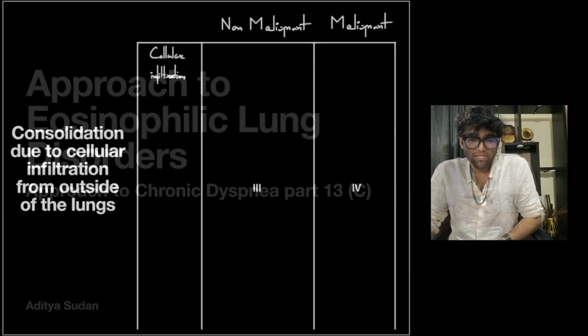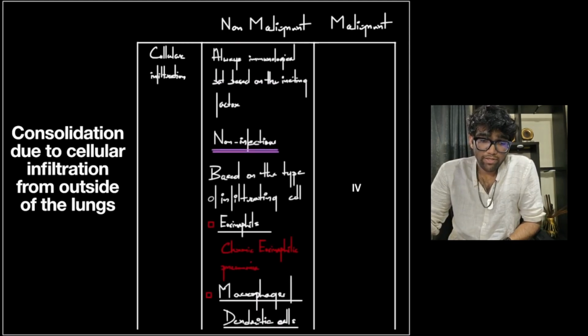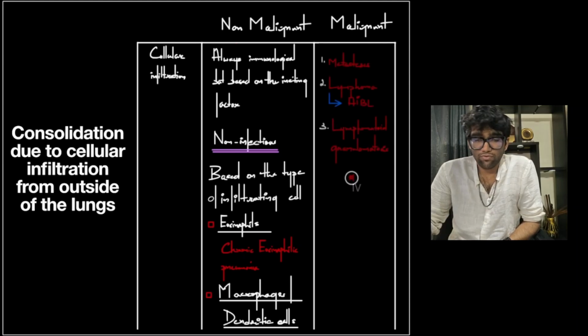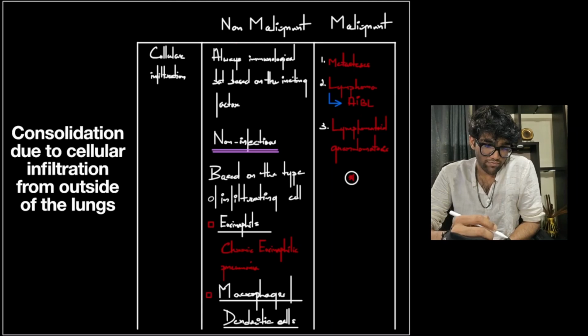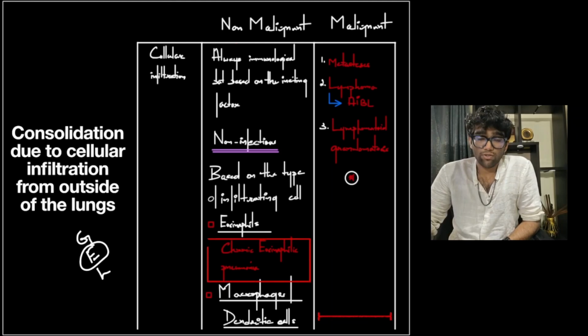So we discuss non-malignant and malignant cellular infiltrates resulting in focal and multifocal consolidations. Non-malignant infiltrate, like we had discussed previously, could be non-infectious or infectious, and malignant is just malignant. And among the non-infectious agents, we had discussed granulomatous inflammation or infiltration, eosinophilic infiltration, and lymphocytic infiltration. So today we are going to specifically be talking about the eosinophilic part of it, the chronic eosinophilic pneumonia